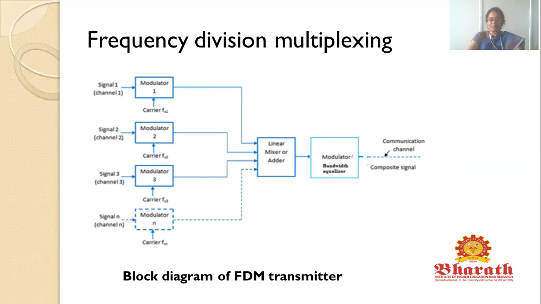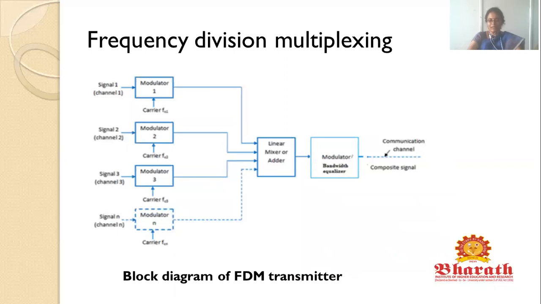In the FDM transmitter, channel 1 to channel N are taken as the input channels. Signal 1, signal 2, signal 3, and so on up to signal N. These channels reach the input of the corresponding modulator, where it receives another signal from